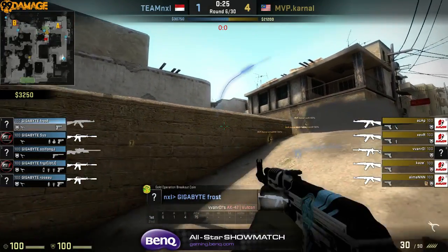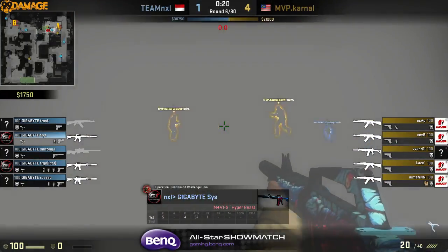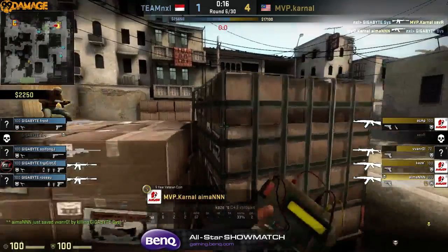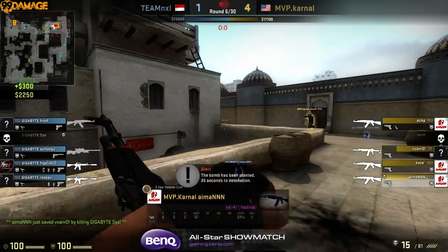Now the CTs with the rotation already. Sus is coming in from CT spawn while Soifong is trying to hold down the terrorist push. Sus is pushing through the smoke. He gets one in the back, but then gets traded by Amen. It's a 4v4 situation. The bomb will be planted by Amen,